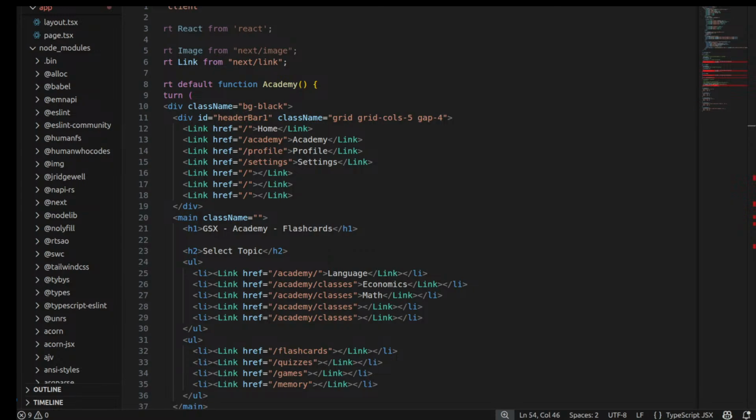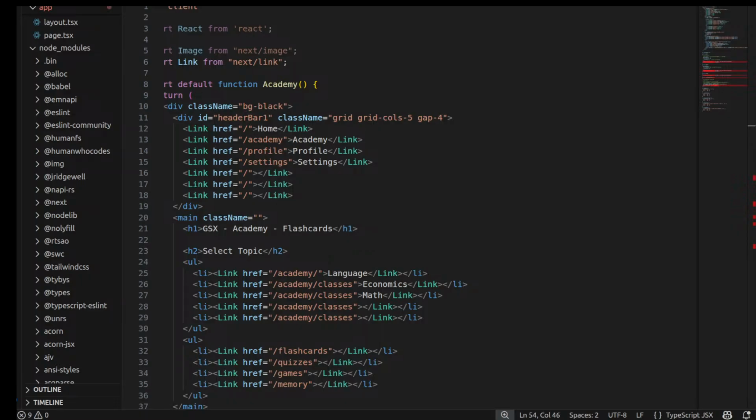So define a state to store the selected value, use the value prop on the select element to set its value from the state, and implement an onChange handler to update the state with the new value from the event object. Okay, so